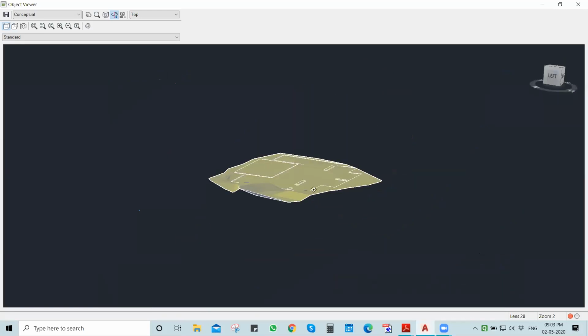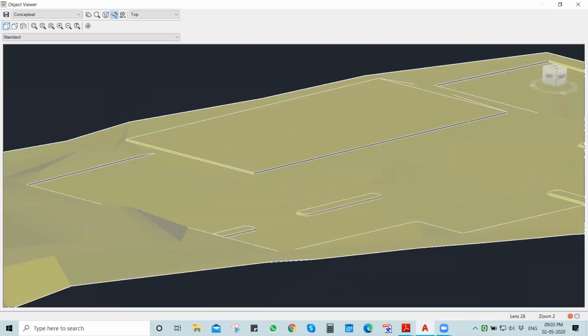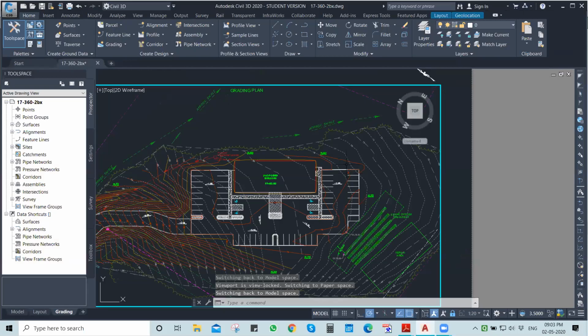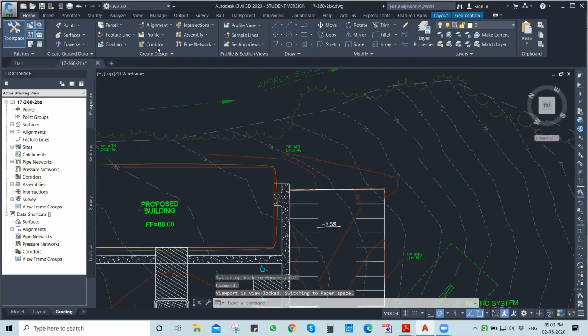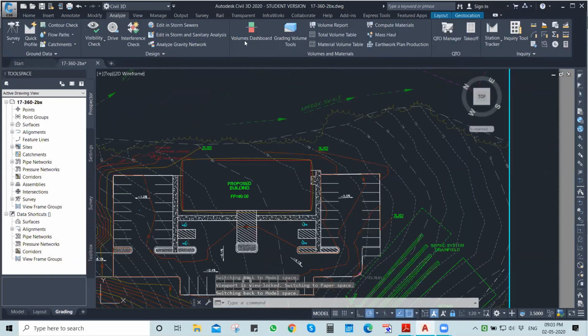So it has all technical data. And I can have the volume reports, like I already said, how much cut is going there, how much fill is going there. I can have all the values using the volume dashboard by comparing the two surfaces.